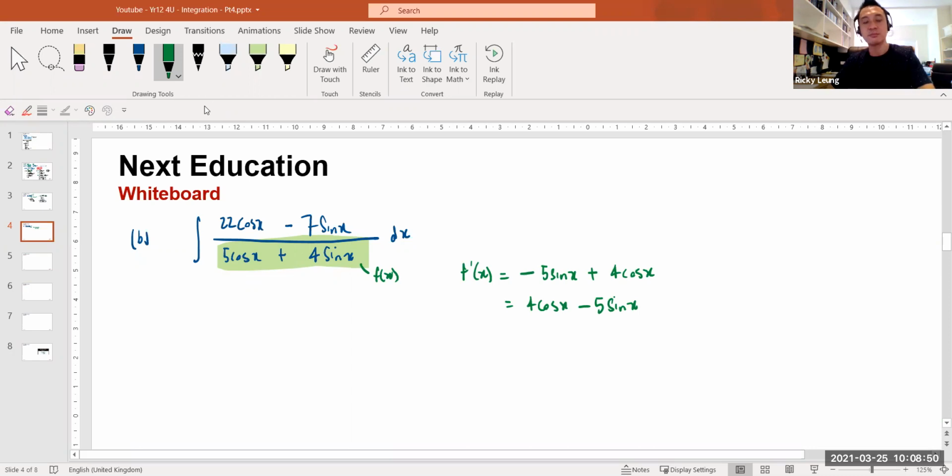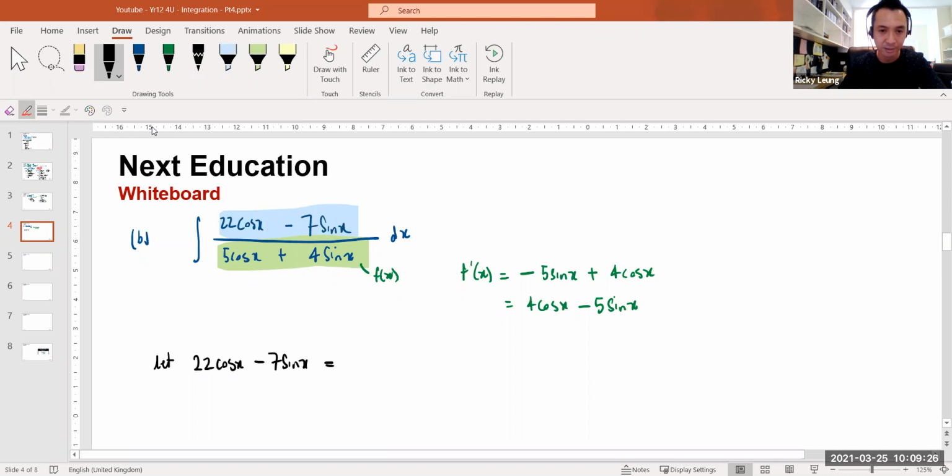So this is what I'm going to do. This is a little hack. If the top can be expressed as a combination of the f(x) and the f dash x, then I can break that fraction and then integrate. I'll show you what I mean. Why don't I do this substitution? This is advanced. So what do I want to do? I'm going to express the numerator of this fraction